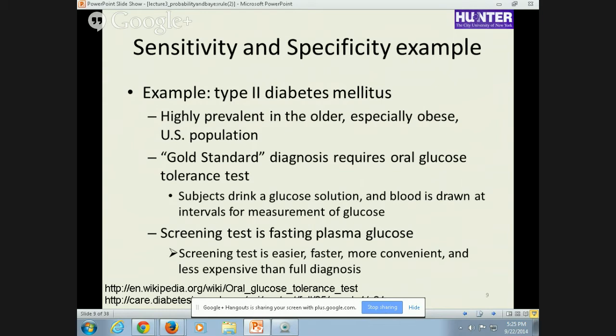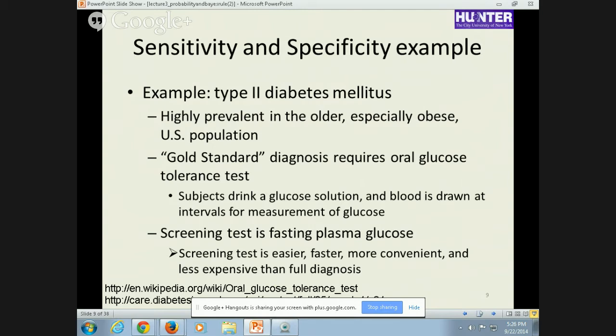Okay, another example: type 2 diabetes. This is a real example. It's an important public health problem, and something that is prevalent in the population of elderly U.S. adults, and something where detection of it can lead to earlier treatment and better health outcomes, and where the gold standard